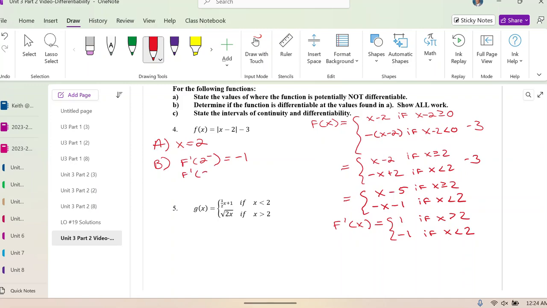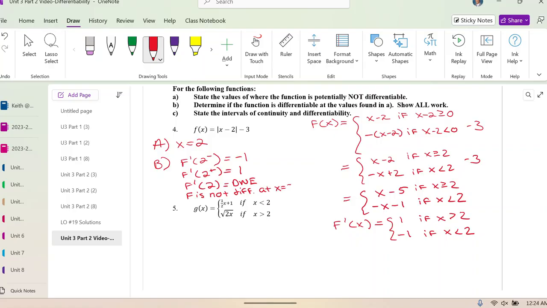F prime of 2 from the right is 1, so therefore f prime of 2 does not exist. So therefore we leave it with no equal to, right? So therefore f is not differentiable